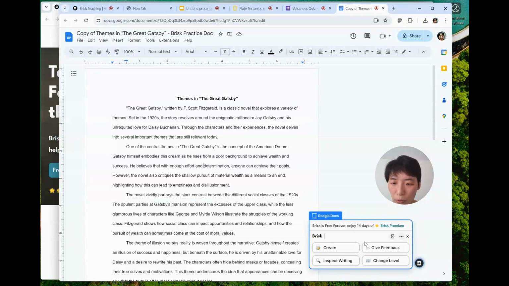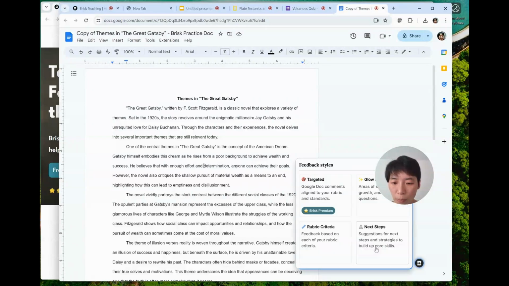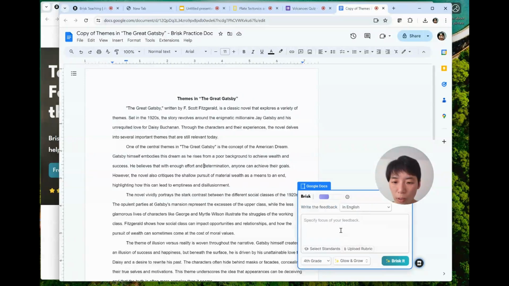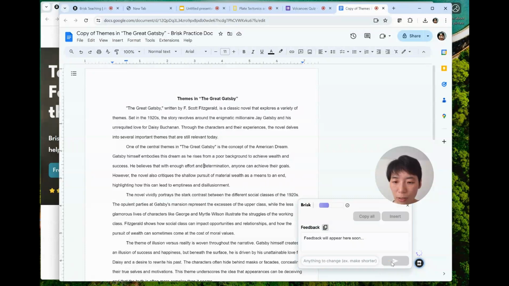So I am going to say get feedback and say glow and grow. And I am going to say please focus on the writing style in the feedback. So I'm going to hit Brisk,